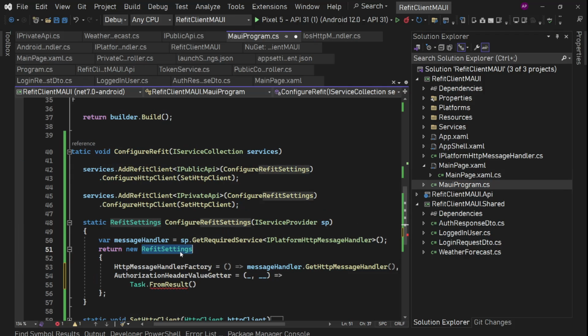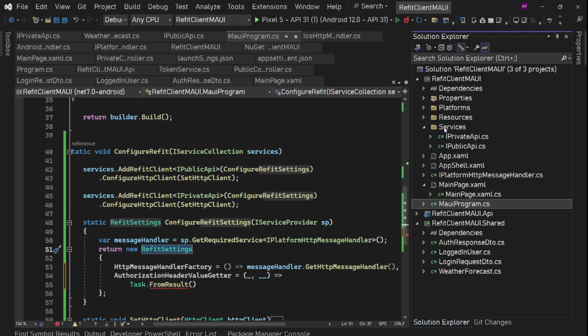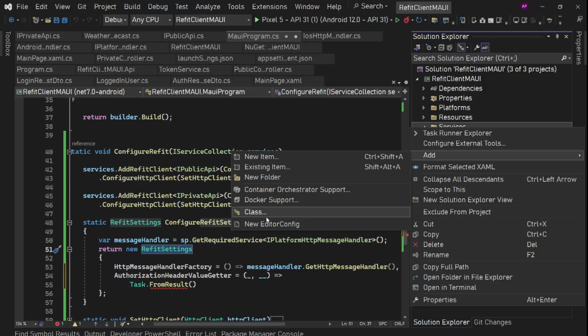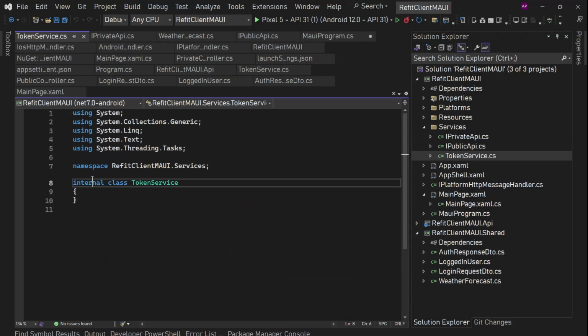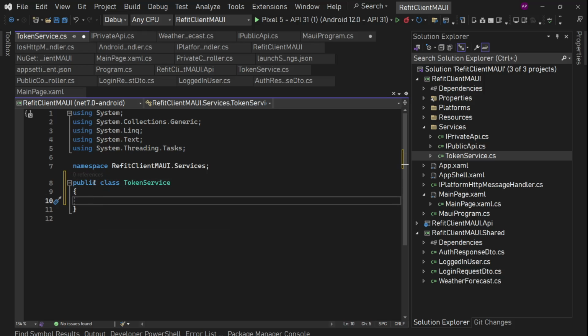for this Refit setting. So for this, inside our services, let's create a new class. We can call it maybe AuthService, TokenService, or whatever. Let's call it TokenService. Okay, and it should be public class TokenService, and in this let's have one property. So we will have it of type string, nullable string, and it should be let's say JWT or maybe Token. It should be anything,